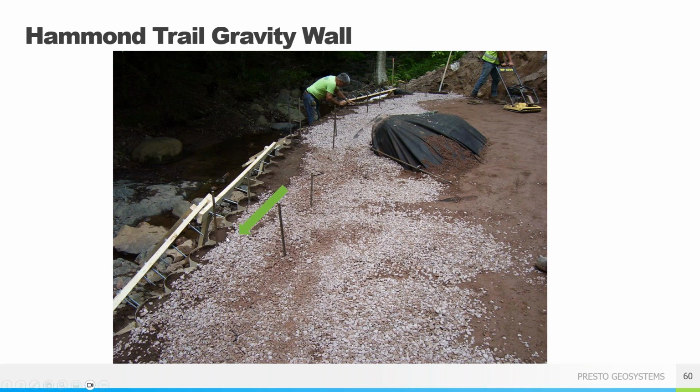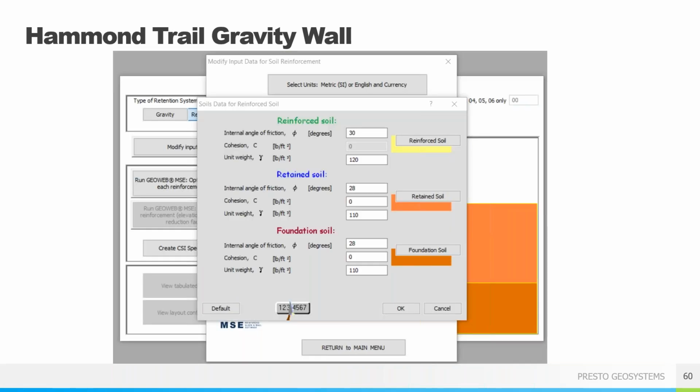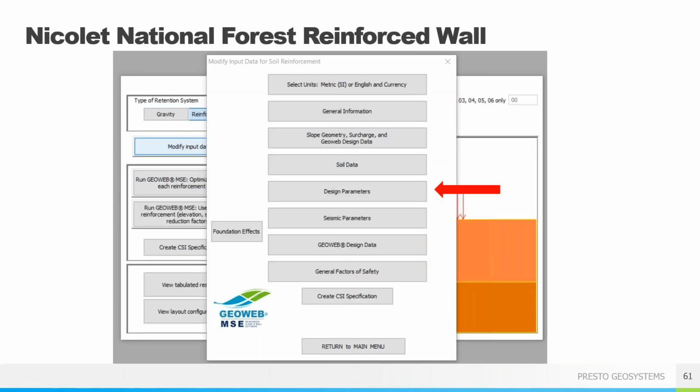Here you can see that the front fascia is filled with the topsoil, just for a vegetative surface, and the reinforced drain soil is going behind it. Here you can see compacted backfill in that reinforced zone, and the stream on the front, and any kind of front fascia here. So here are the design parameters.